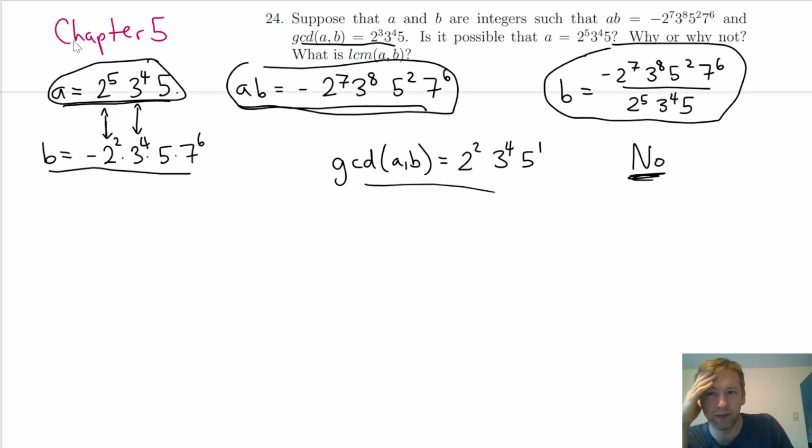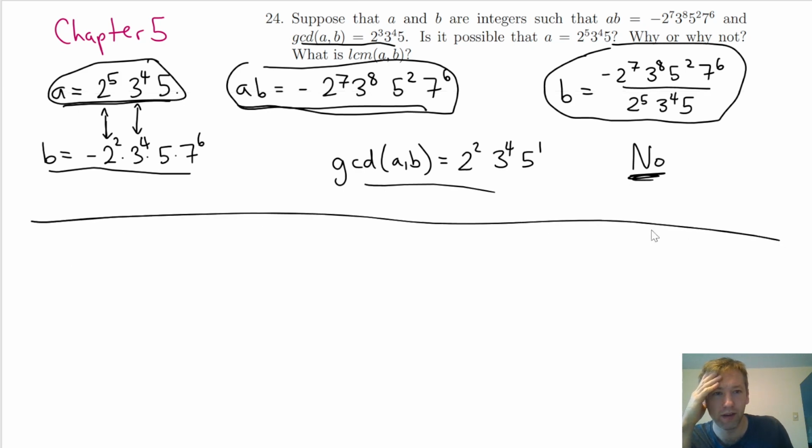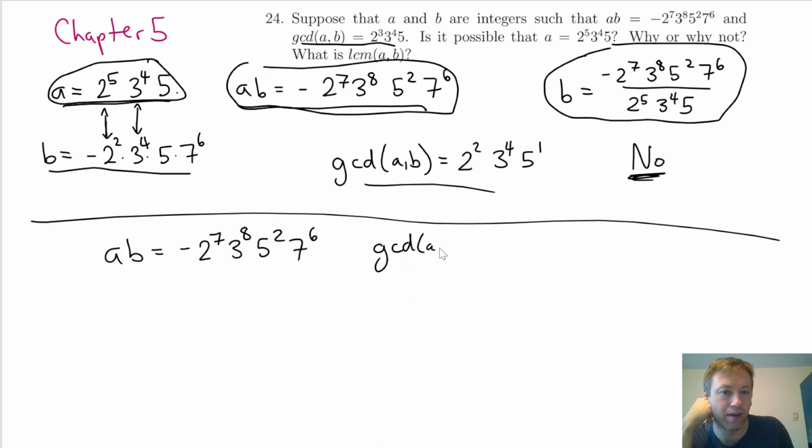So I guess for the second part of this question, we're assuming that A times B is negative 2 to the 7, 3 to the 8, 5 squared, 7 to the 6, and the GCD of A and B is 2 cubed, 3 to the 4 times 5. And we're trying to figure out what is the LCM. And we've got this thing that, if A and B are positive, which they're obviously not because there's a negative here, but if they were, then